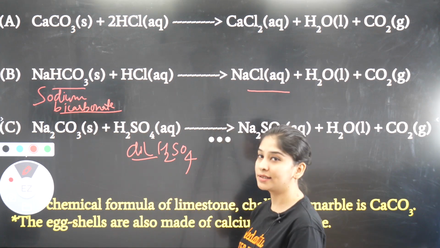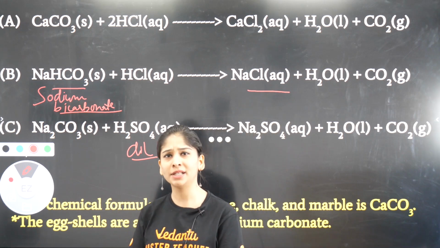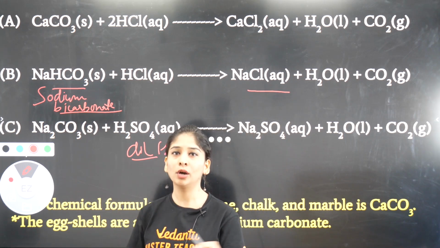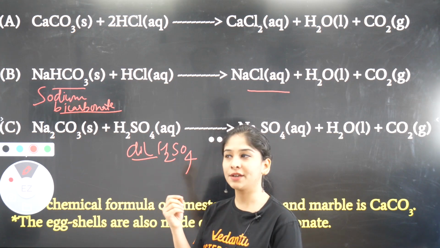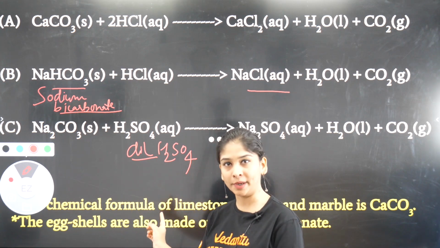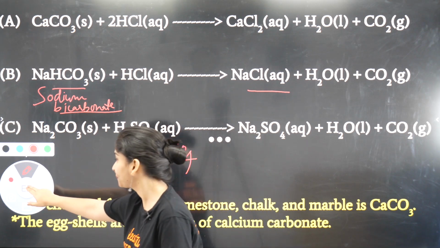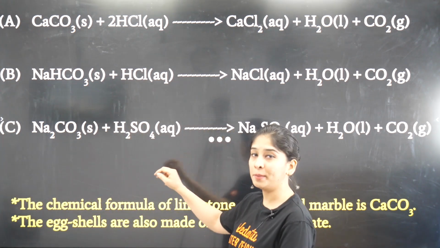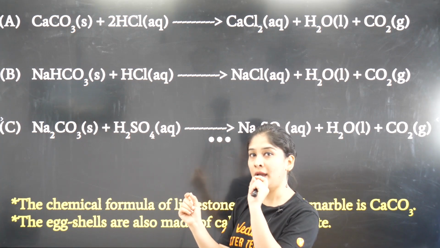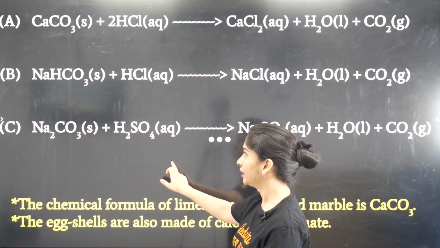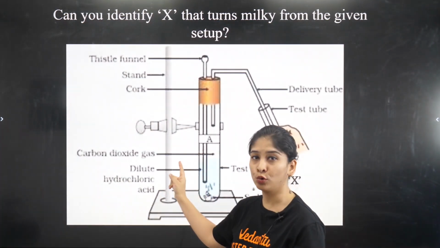Okay, this is what is written here, that limestone, marble chips and eggshell, all the 3 have calcium carbonate only. So don't get confused if a question is asked in any of the other formats. Yes. So we are done with one more reaction: acid with metal as well as acid with metal carbonate and bicarbonate. Then we can prove this also.